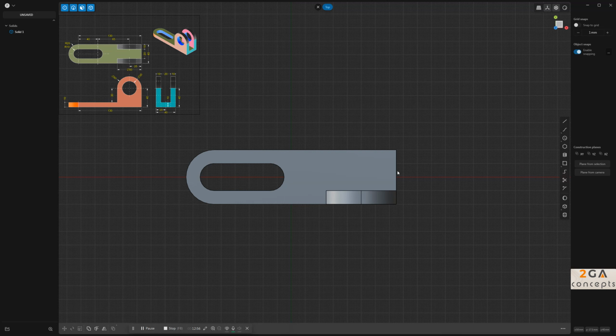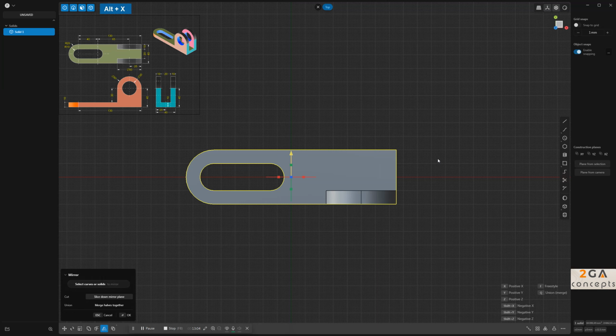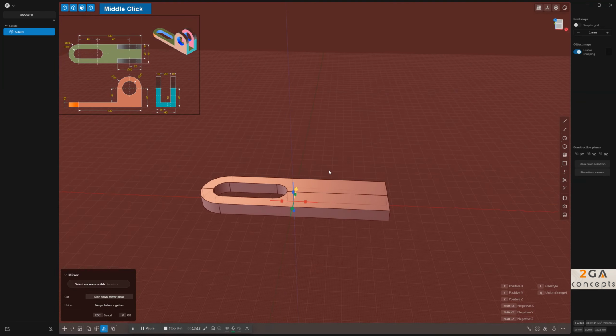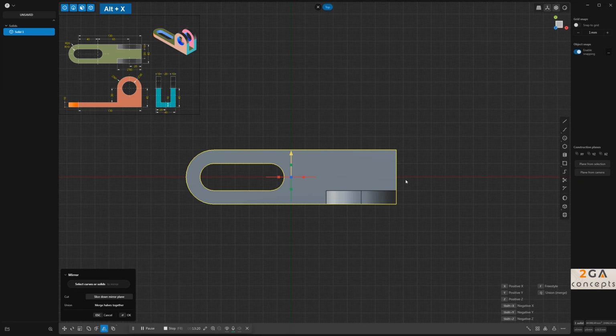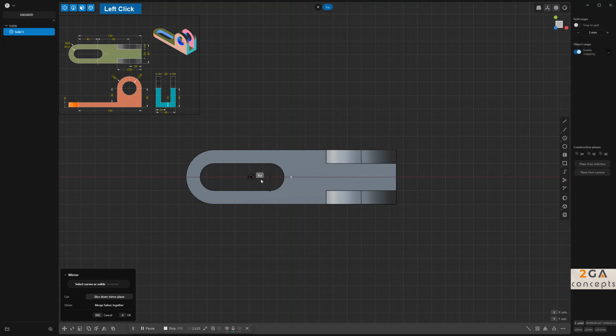So how to do that? You select the whole body. You go for Alt X here, and we're going to go for the freestyle, because look what happened. Okay, so Alt X F freestyle, and we're going to move our mouse on the right, because if I move it here on the left, of course we got the same result as previously. So on the right,